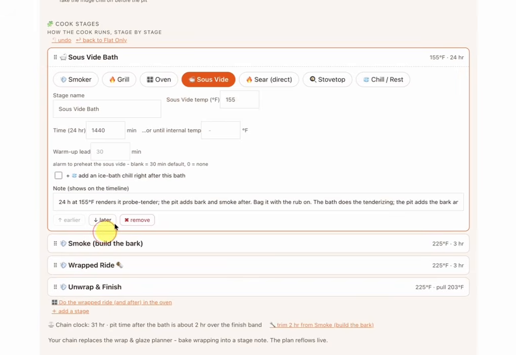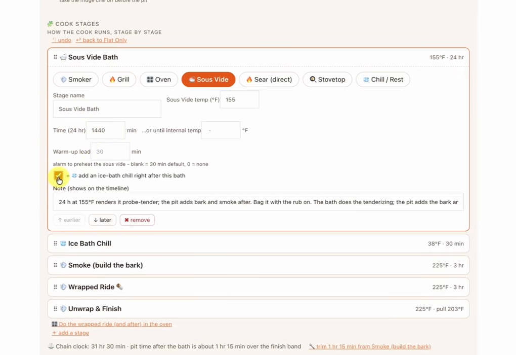We want to sous vide it for 24 hours at 155. And then we also want to do an ice bath at the end to bring the temperature down. When we bring the temperature down, we've got to get it below 140 if we want a smoke ring. A smoke ring's not going to form if the meat temp is over 140. So putting it in an ice bath for an hour to chill it is a really good idea after you've